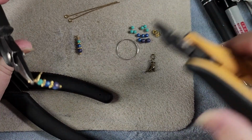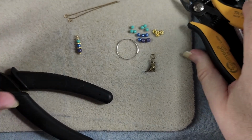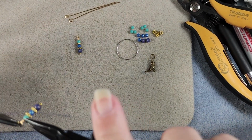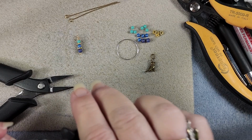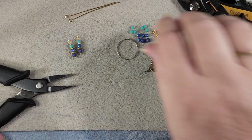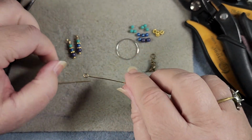Normally I make the necklace first, but I just decided to do these little earrings first, since we were showing you how to. I was going to put them on here anyway. I figured I might as well. So there is that. Now, to finish these off, you're going to take one of your eye pins and your flat